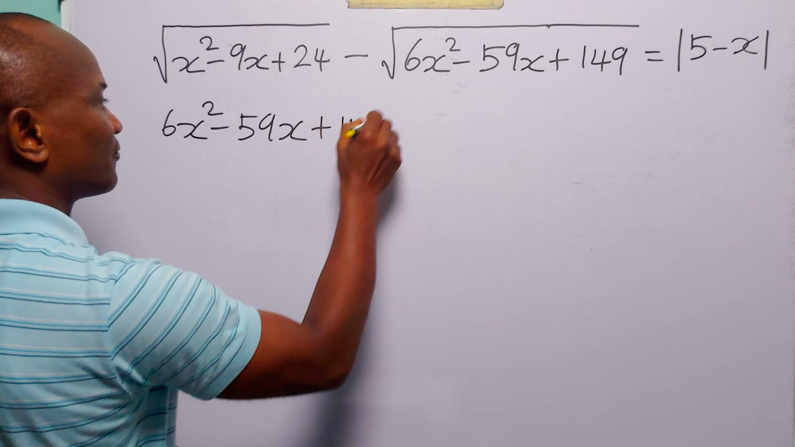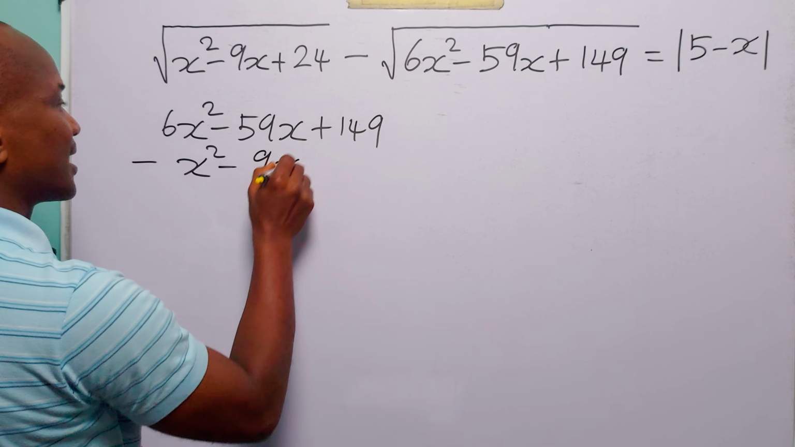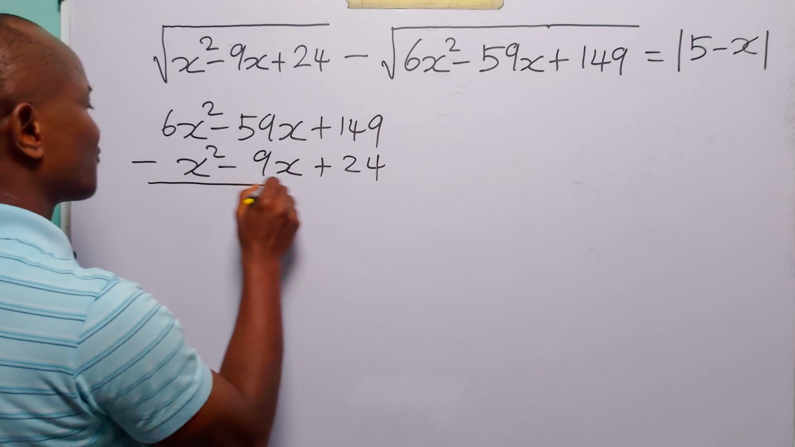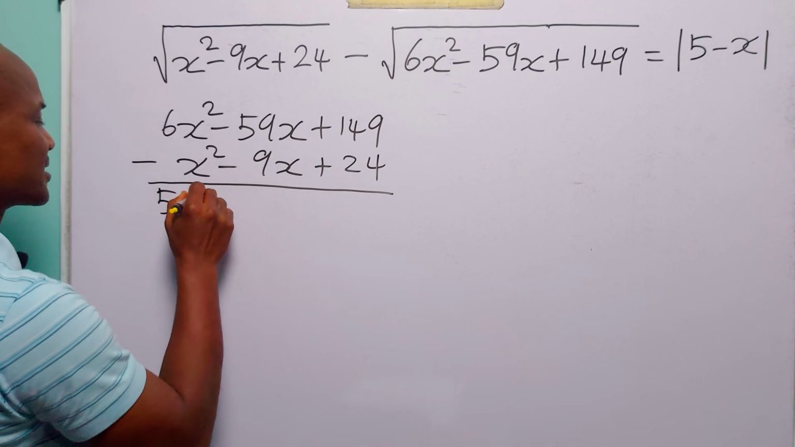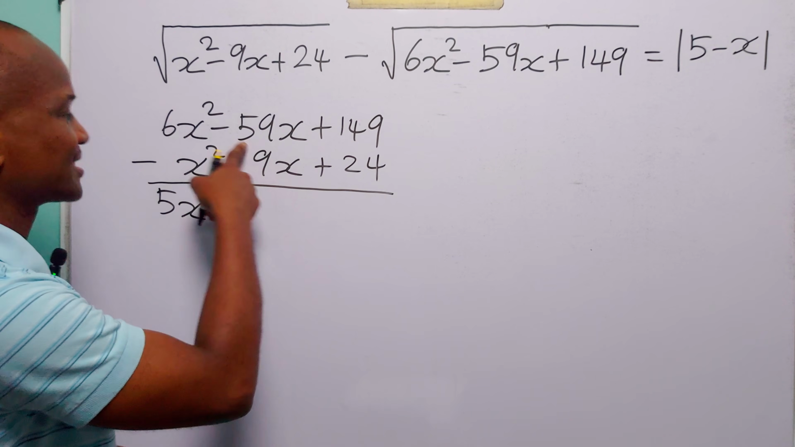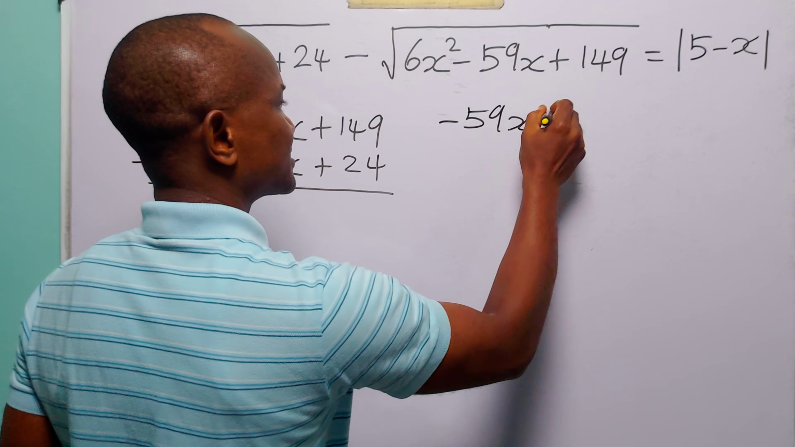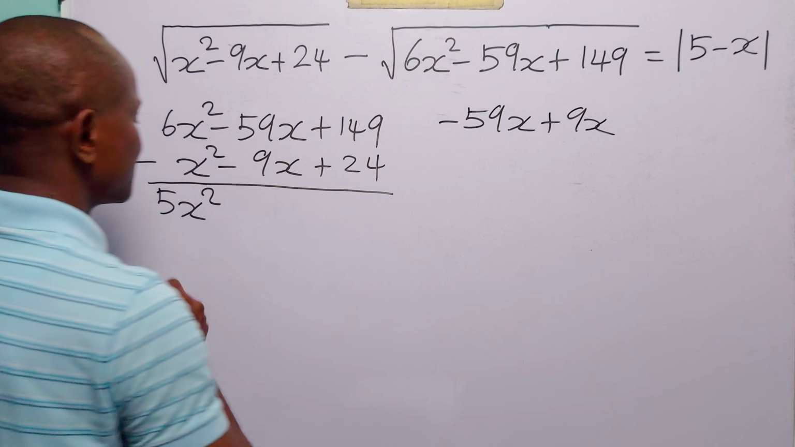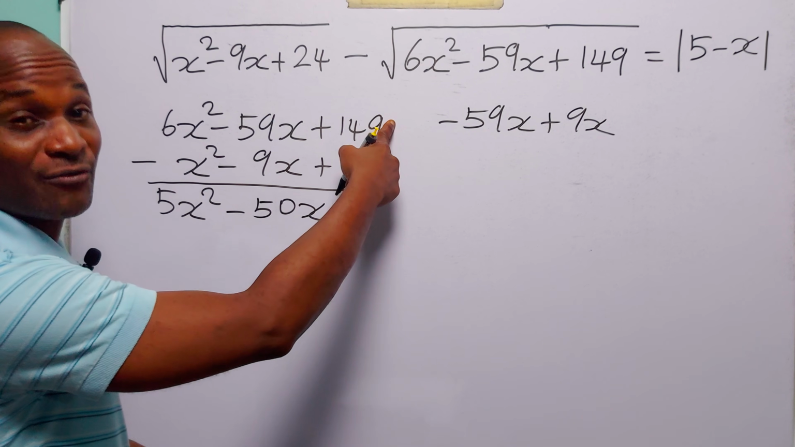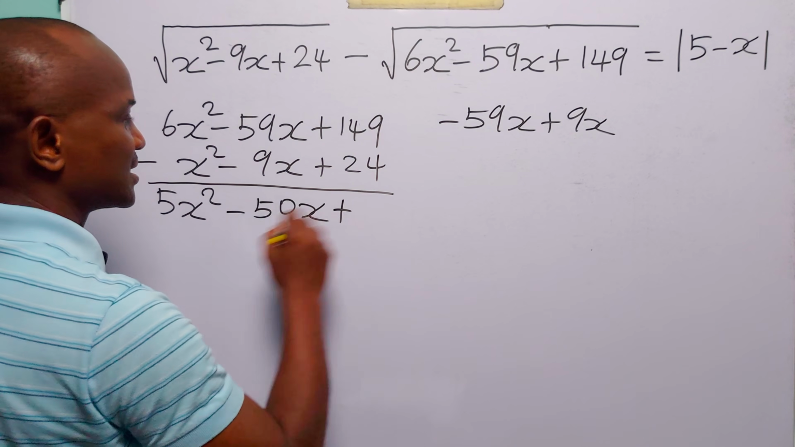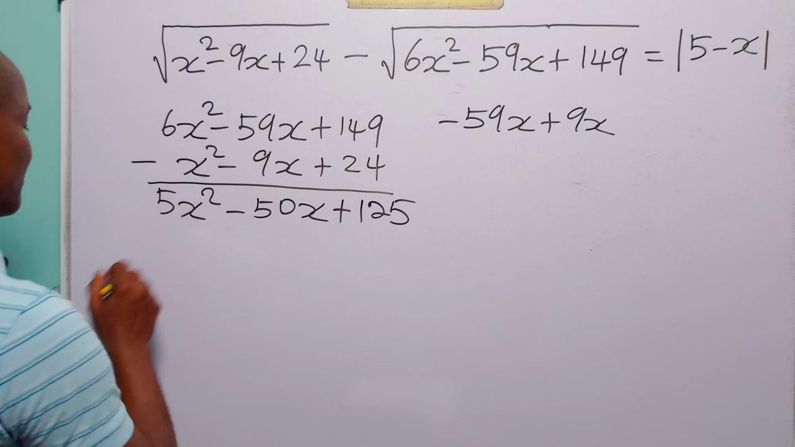Now, we have 6x squared minus 59x plus 149 minus x squared minus 9x plus 24. Now 6x squared minus x squared is going to give us 5x squared. Minus 59x plus 9x, of course, is going to give us minus 50x, and 149 minus 24 is 125. So this simply means that 6x squared